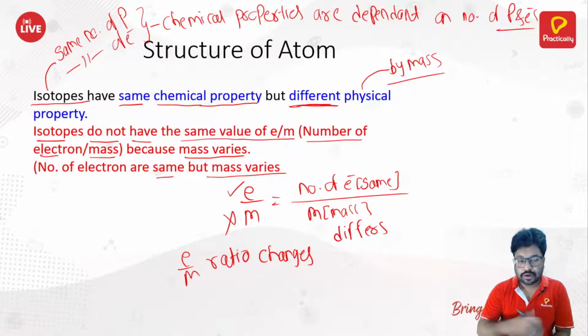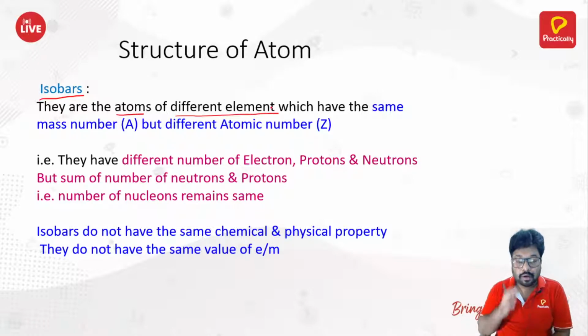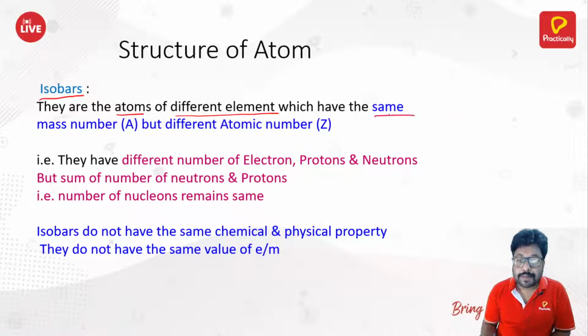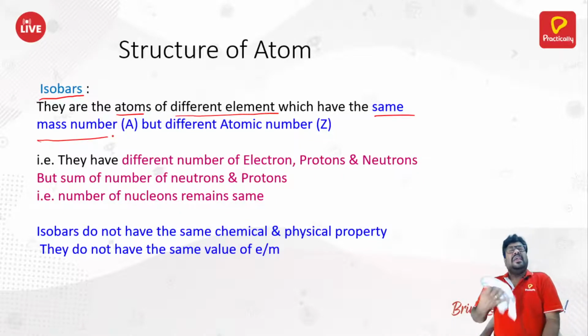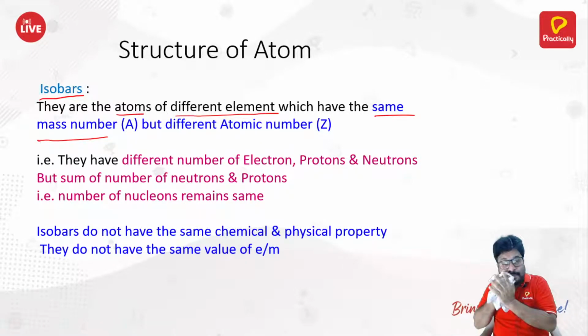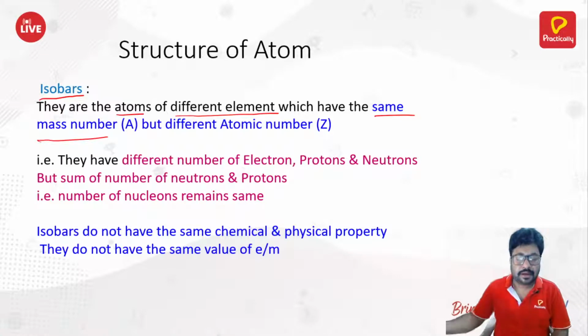Okay, so now moving ahead, what are isobars? See, they are atoms of a different element. They are atoms of completely different elements which have the same mass number but different atomic number. Now, the mass number is the same but